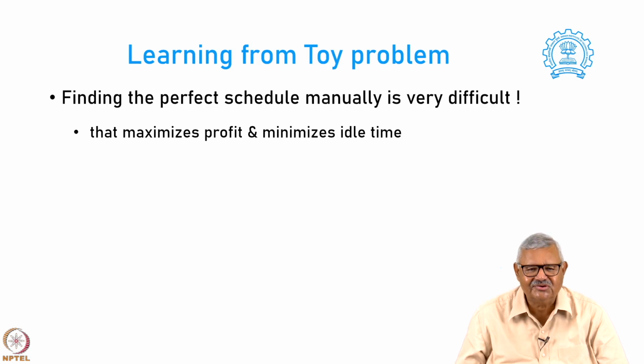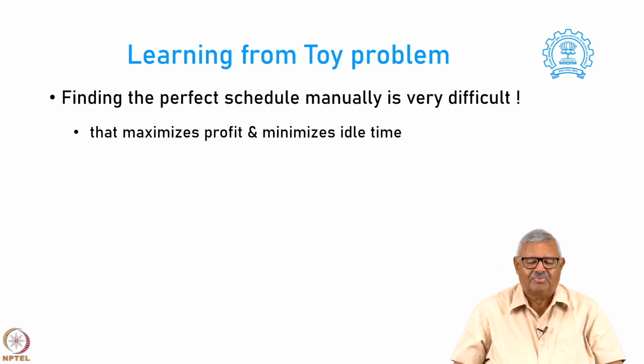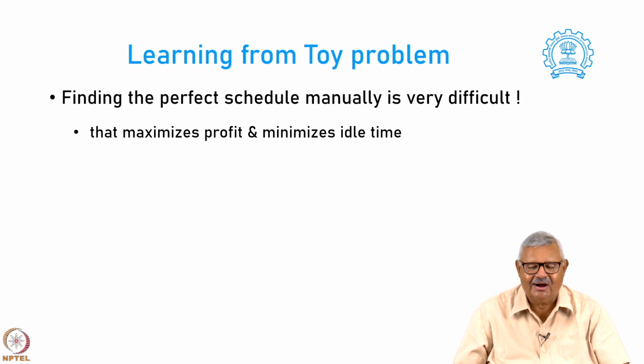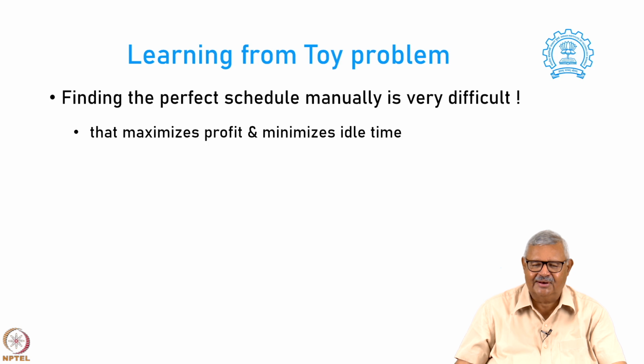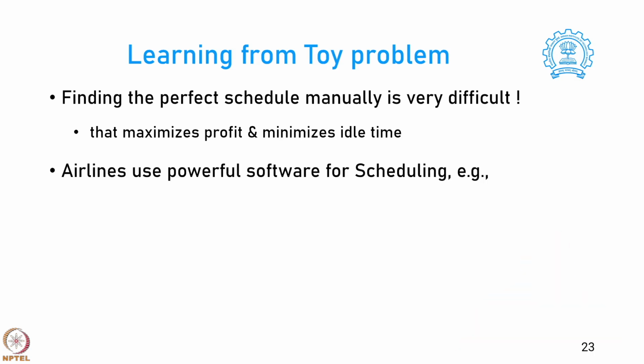Let us say we are doing the scheduling of the airline Indigo manually. Now, Indigo operates to 130 odd airports in this country. If I look only at domestic scheduling of Indigo Airlines, today as far as my knowledge goes, around 130 plus cities are connected by Indigo and the number of flights per day is more than 2200. Can you imagine trying to solve the problem of Indigo by hand? Not possible, and therefore, what airlines do is they use powerful software.